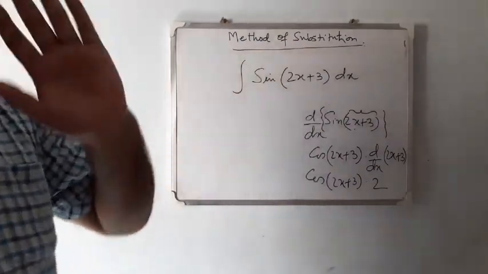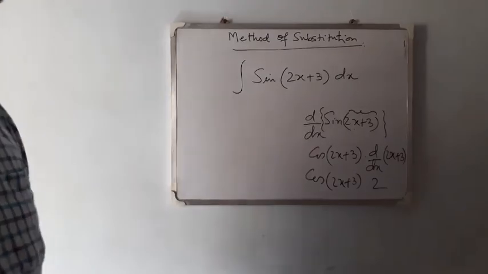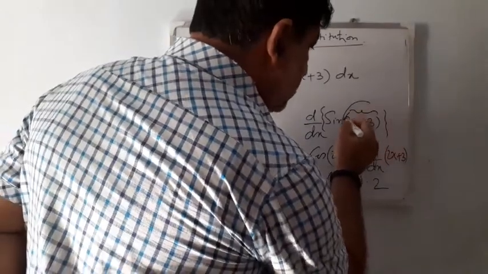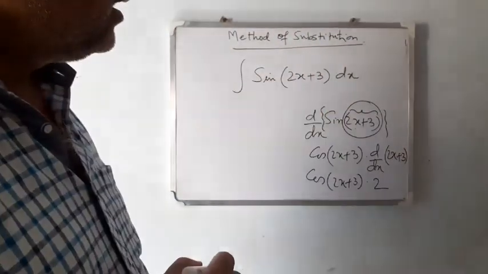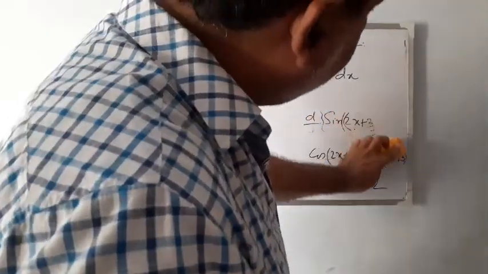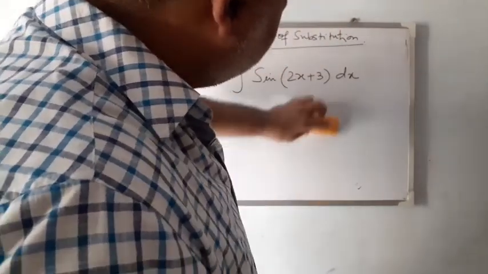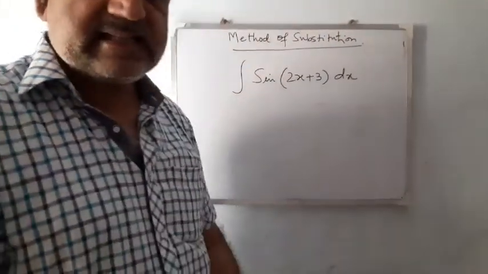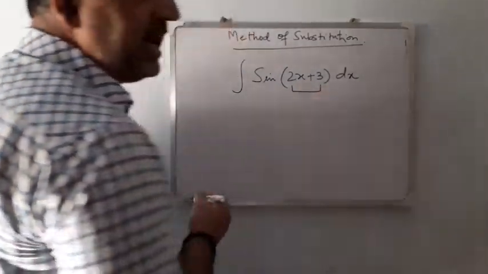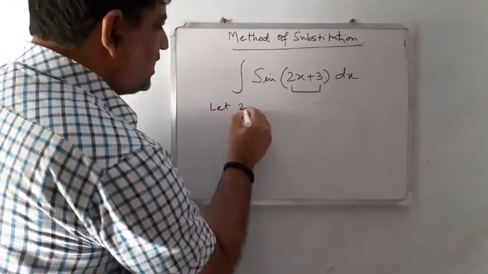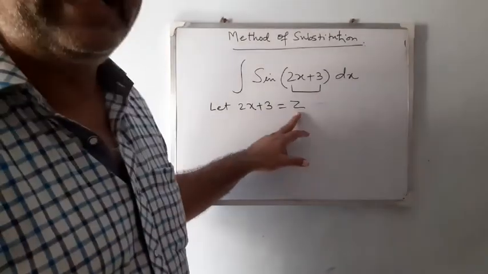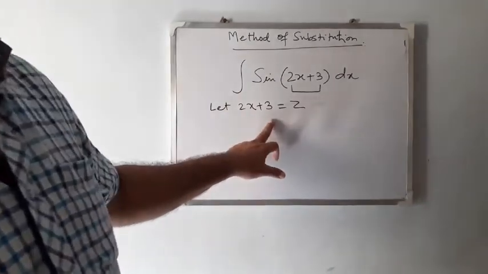Here in case of integration, if it is asked to integrate this, remember boys, whatever you have assumed as x in case of differentiation should be taken here in terms of some other variable. And how to integrate, let us discuss. Suppose we have taken this 2x plus 3 as z. Let 2x plus 3 is equal to z. Say z is one more variable which is obtained by 2 times x plus 3.